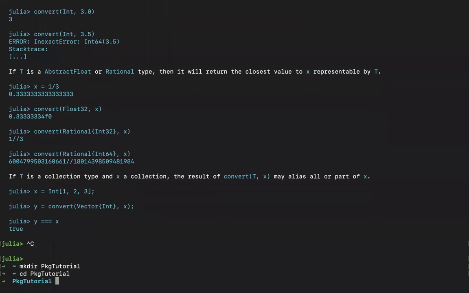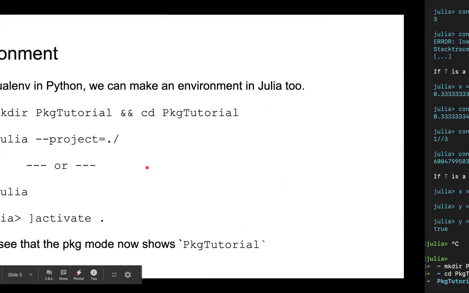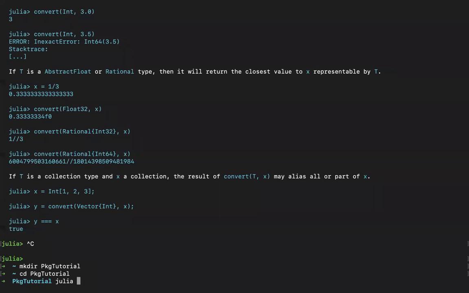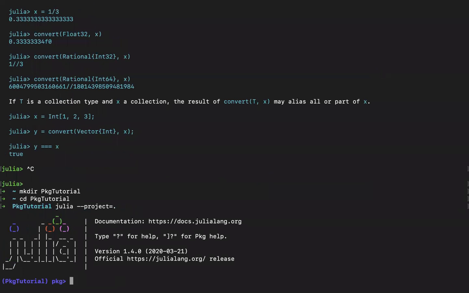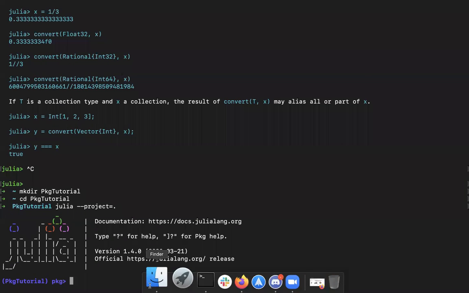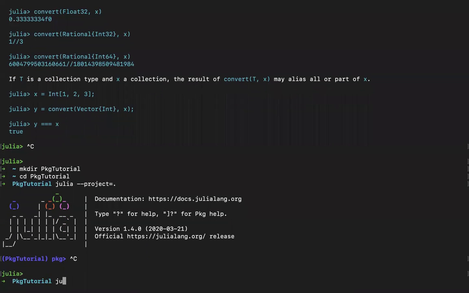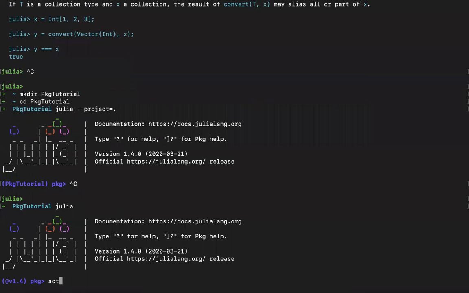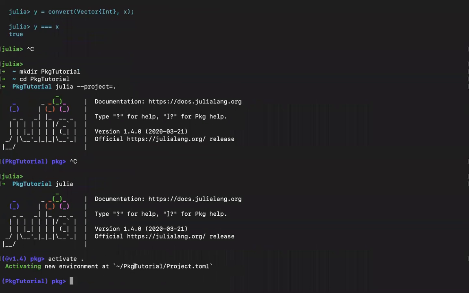To start a new environment in this folder, you have to do it like this: project equals the path of the folder where you want to start a project. I'll use dot, because dot means the current folder, and this will open up Julia in a separate environment of package tutorial. Or you can even open Julia normally and do activate. This will open in the same folder and activate the environment.